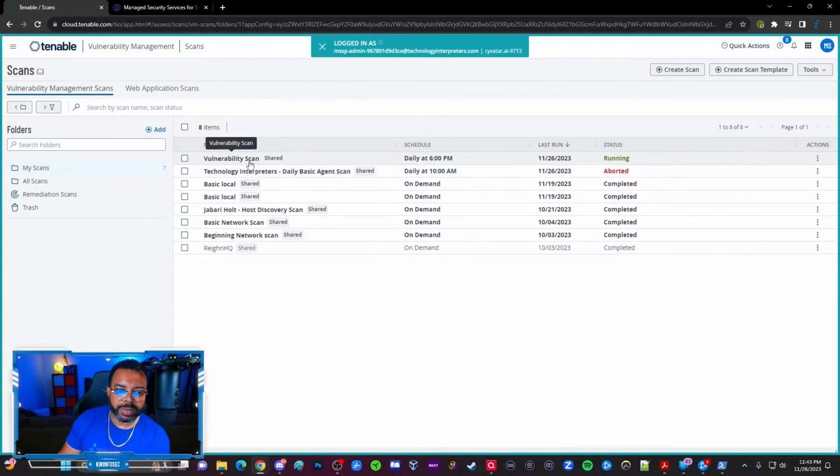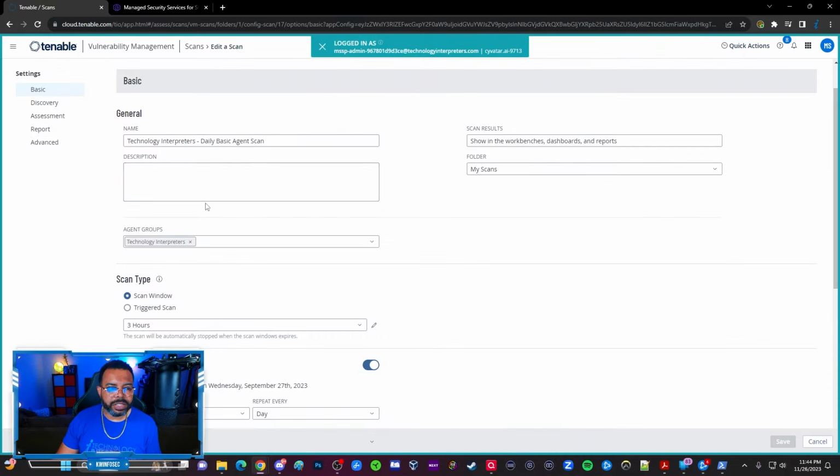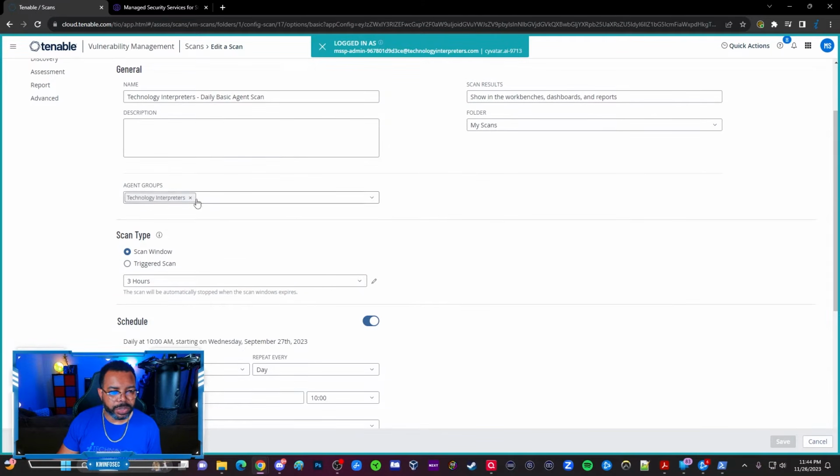So what you can see I'm doing is I'm doing a vulnerability scan. Now there's several types of scan, and I explained that in the beginning, the different types, right? I can do a network-based scan, I can do an agent-based scan, I can do a frictionless or cloud-based scan. So these are all the scans that we have set up. And of course you can go in, and I'll show you the details of the scan. I can go in and edit this for you. So targeting the technology interpreters group,